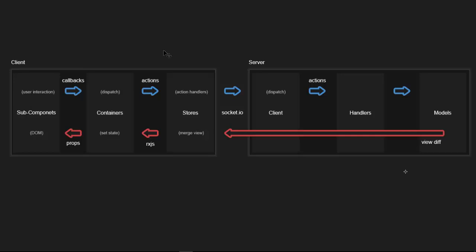So again, you go from callbacks to actions. Actions get sent over socket.io, handled by the client dispatcher, which then sends actions to the handlers. The handlers then modify the view, or modify the client model. Then the model checks to see what changed on its view, and sends the difference all the way back to the client. Then the stores, so it goes into socket.io, the stores will listen to socket.io in a way, and